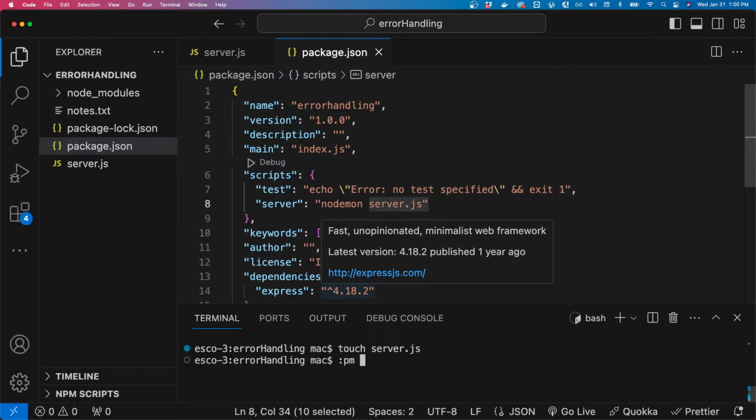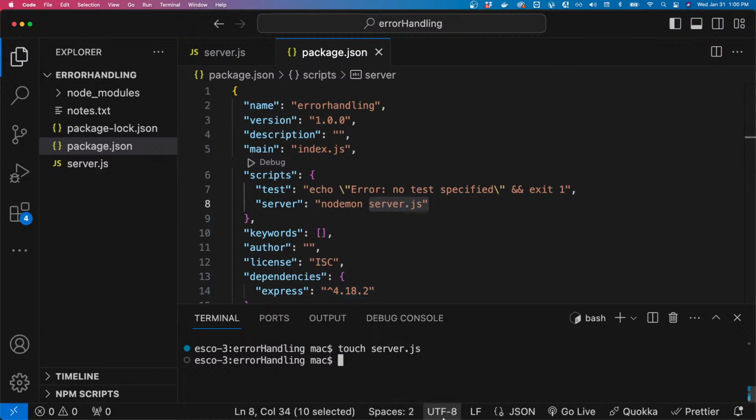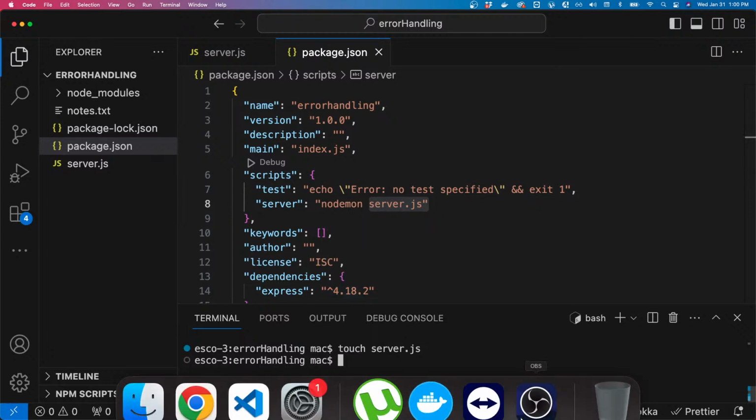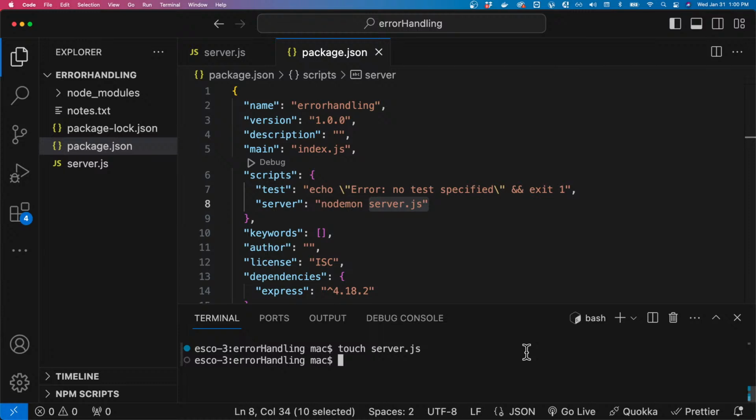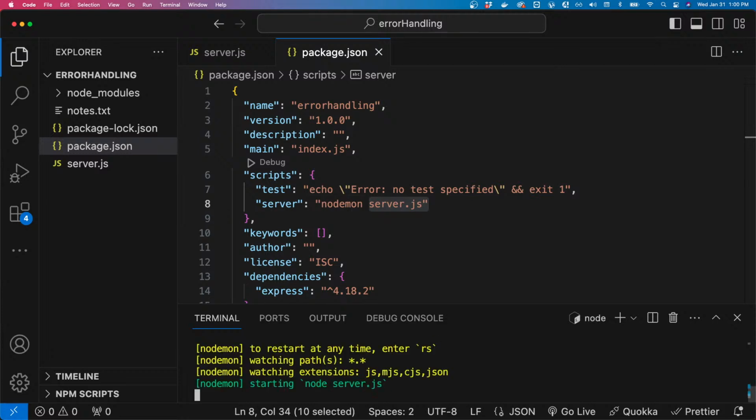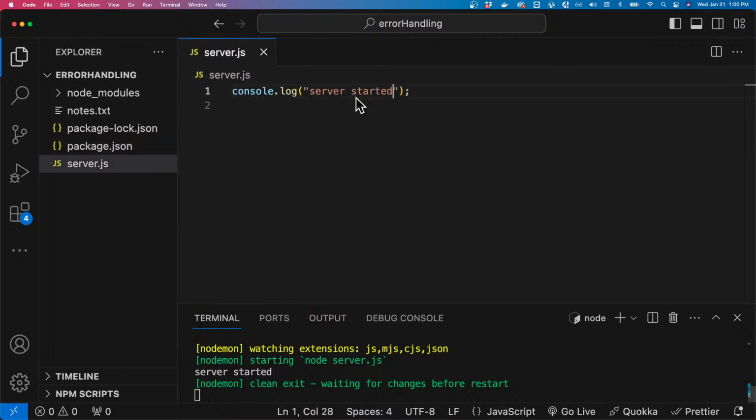When you say npm run server, let's make this a little bit bigger. npm run server. Yeah, and then our server has started with the console.log server started. All right, to create our server, let's bring in express,